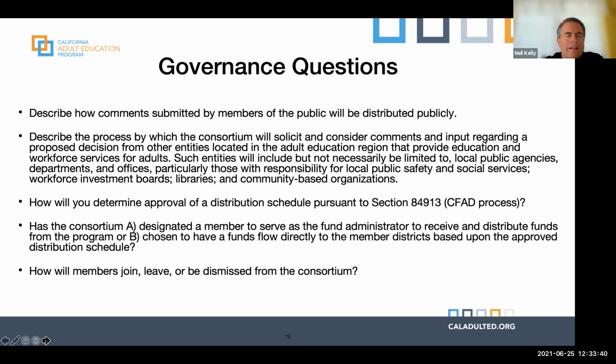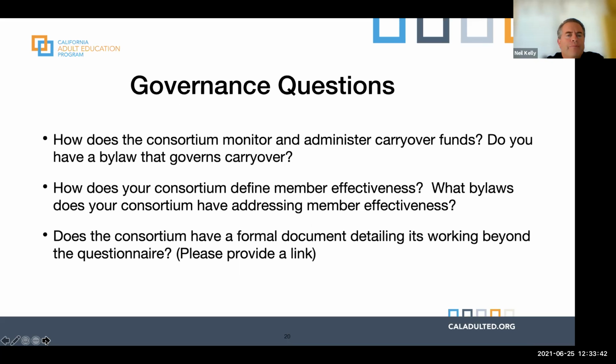And then next slide, please. And then there are the questions we're going to add. The first one is, how does the consortium monitor and administer carryover funds? Do you have a bylaw that governs carryover? That would be a new one. And then how does your consortia define member effectiveness? What bylaws does your consortia have